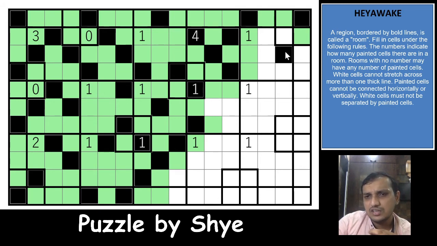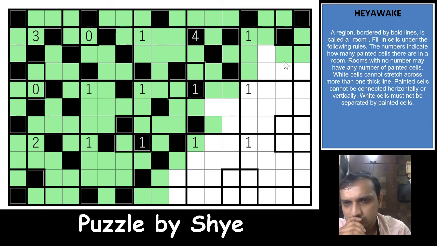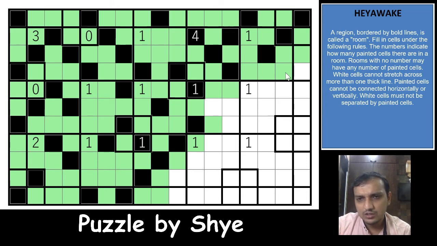If I shade this cell, I have to shade this cell as well. That actually has two shaded cells in the one clue region. Wow, that is awesome. So this will be unshaded, this will be shaded, and this will be unshaded. This also will be unshaded, and this will be shaded now. Thick border rule across row here. This will be shaded, so both of these will be unshaded. Okay,